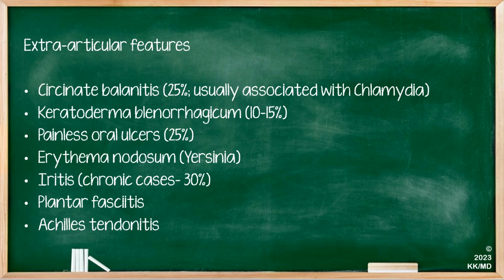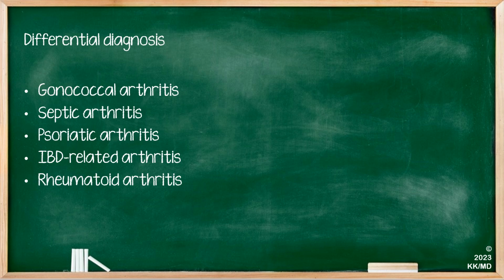Erythema nodosum is linked particularly with the case of Yersinia. Iritis can be seen in the chronic cases, about 30%. Plantar fasciitis and Achilles tendonitis are the other two that can be seen as extra-articular features. So the differential diagnosis, which is very important for both your papers and for your PACES exam, is